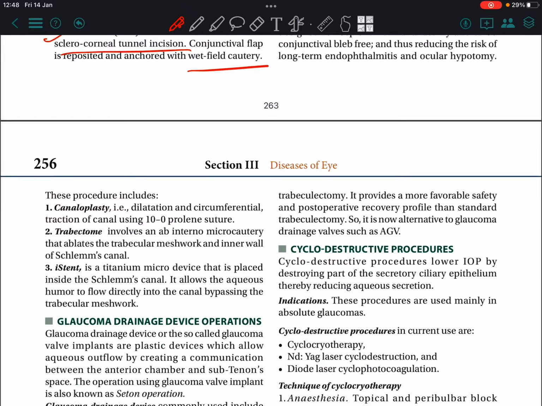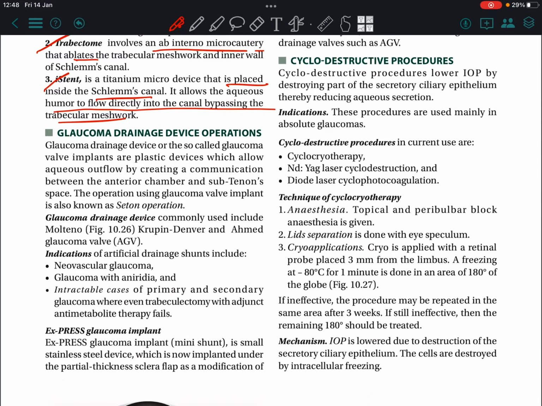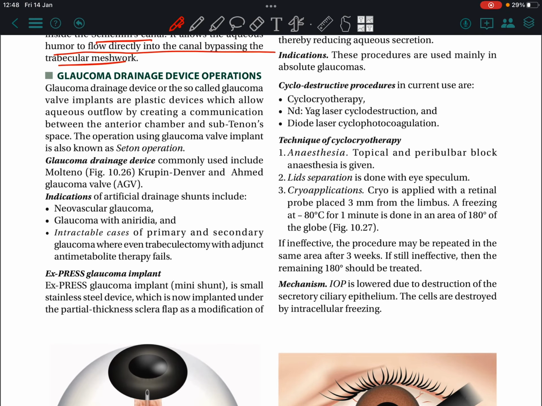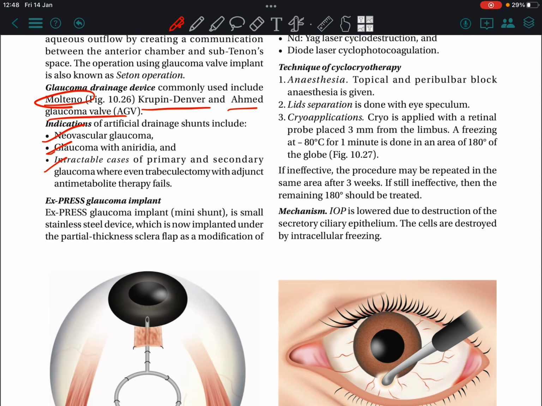Viscocanalostomy. Internal filtration surgeries: canaloplasty, trabectome, eye stent. Glaucoma drainage devices commonly used are Molteno, Krupin, Denver, Ahmed glaucoma valve. Indication: neovascular glaucoma, glaucoma with aniridia, and intractable cases of primary and secondary glaucoma where even trabeculectomy with adjunct antimetabolite therapy fails. Ex-PRESS